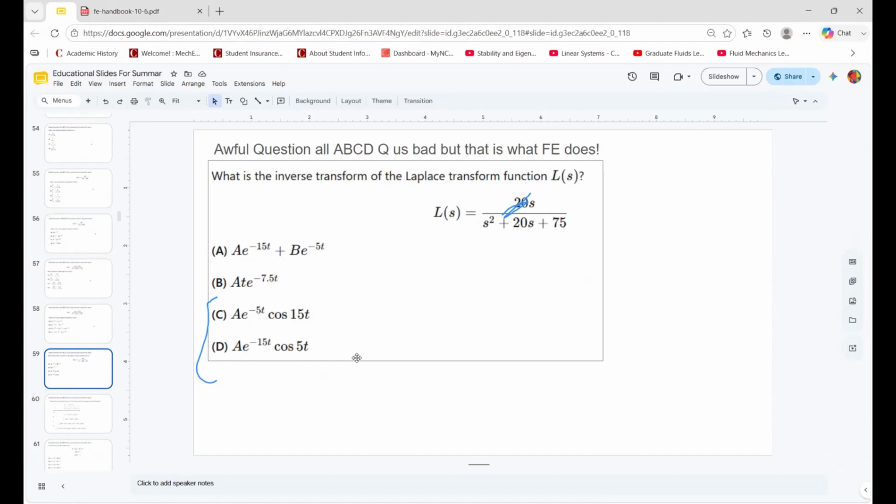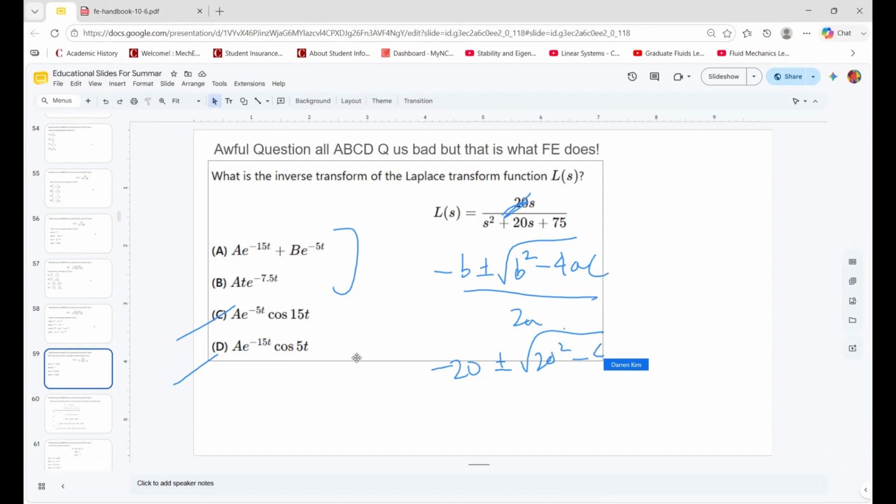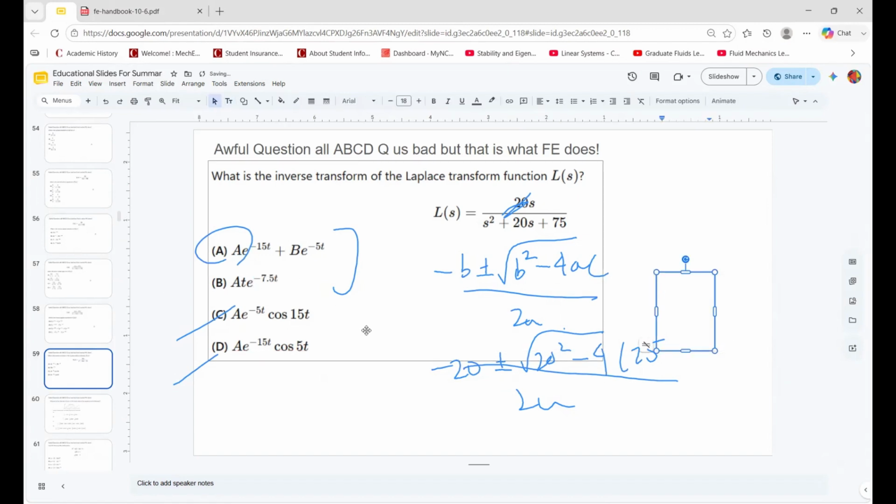All right, let's just do minus b. Actually, just by looking at that, these two cannot be the answer. So these two must be the answer. So then minus b plus or minus the square root of b squared minus 4ac, divided by 2a. So that means b is 20, plus or minus the square root of 20 squared minus 4 times a, so 75 divided by 2. Okay, so there's clearly two solutions there. If there's one solution, then yeah, B can be the answer, and we have to accept that. But no, it's clearly what's